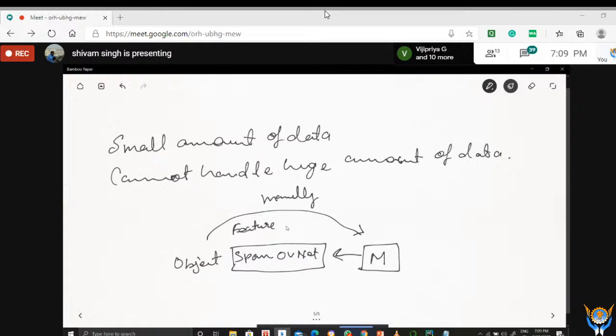ओके, सो ये आपको फीचर एक्सट्रैक्शन यहाँ पे बेसिकली पहले करना पड़ेगा, एंड देन आपको अपने मॉडल को देना पड़ेगा. ठीक है, एंड देन आपका मॉडल जो होगा वो आपको प्रेडिक्ट करके देगा वेदर द मेल इज स्पैम और नॉट. ओके, नाउ